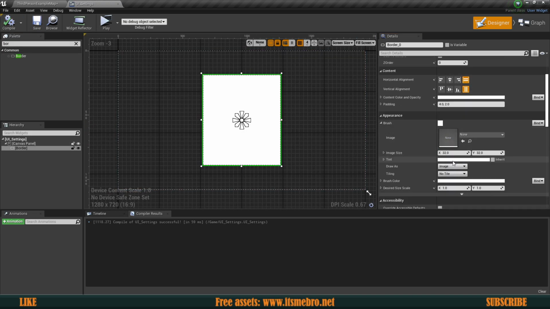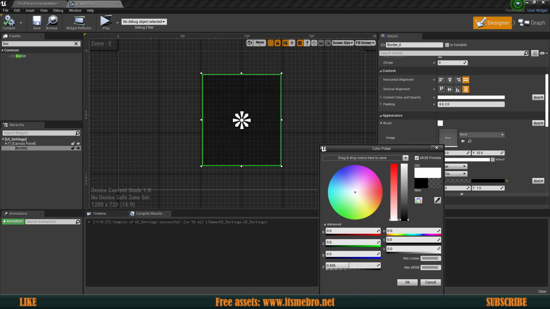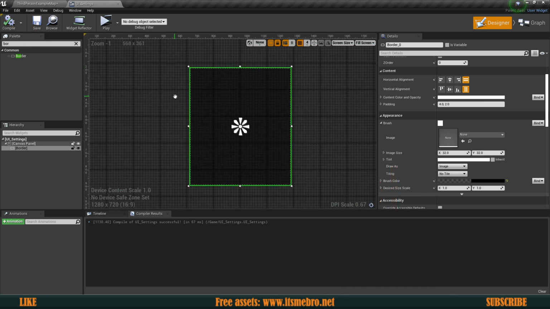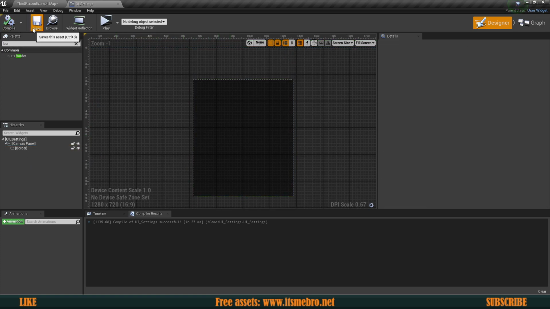And let's change the brush color. So basically the background of this one to be black and 0.5 opacity, so it's transparent essentially. Now we need to add all kinds of things to our panel. I'm not exactly sure, I did not plan this ahead, maybe should have. Again, that's bad on my part, but I'm gonna add a couple of settings, but I'm not gonna add all the settings. But you will be able to add these settings very easily once you understand how this system gets